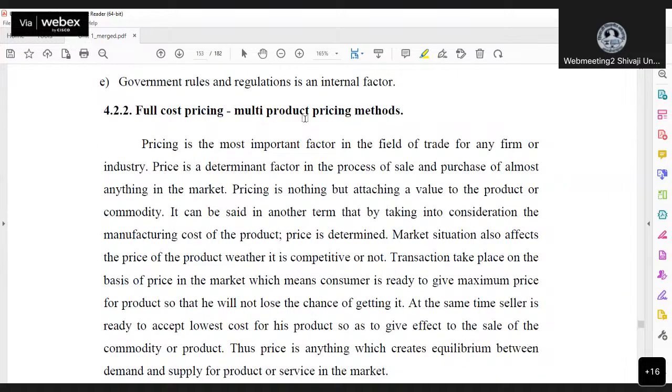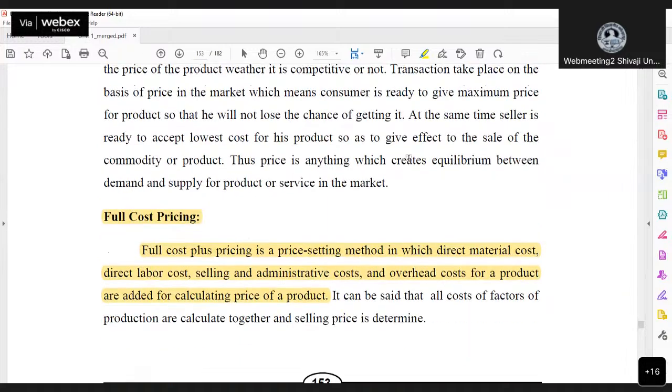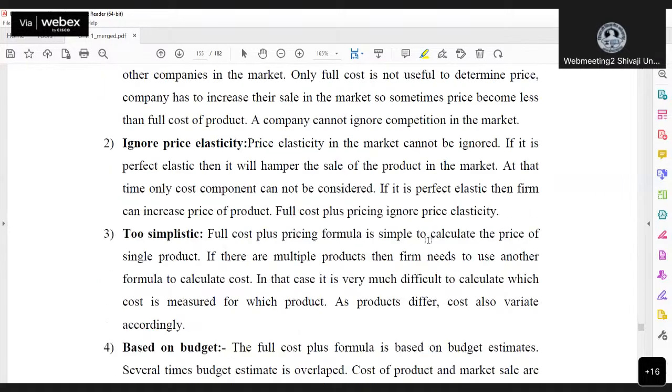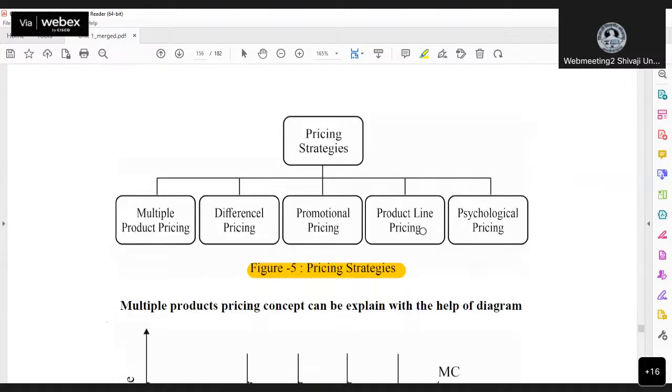Here again, full cost pricing and multi-product pricing methods. Full cost pricing means what? It's a definition, with its calculating points and all. Then pricing strategies. Which are those pricing strategies? Multiple product pricing, differential pricing, proportional pricing, product line pricing, psychological pricing. And while studying,